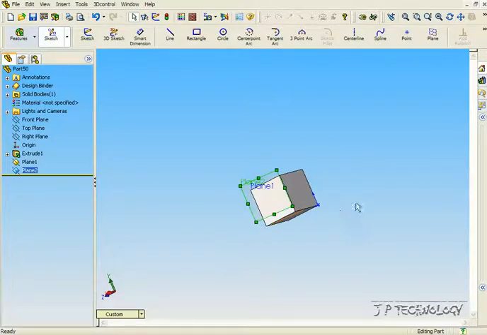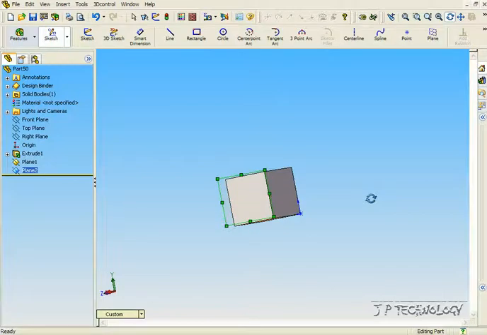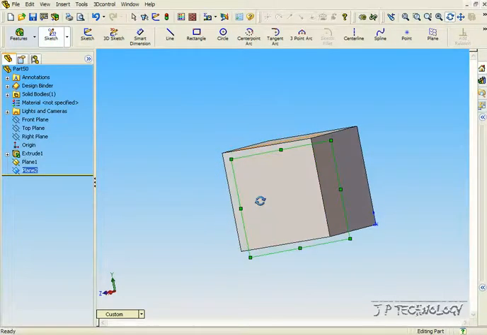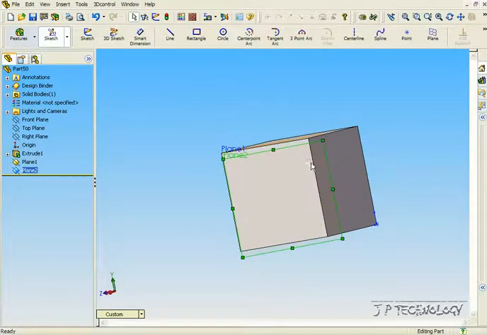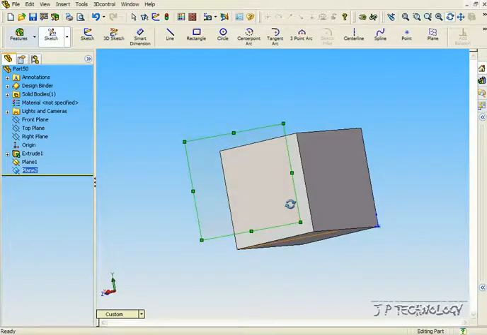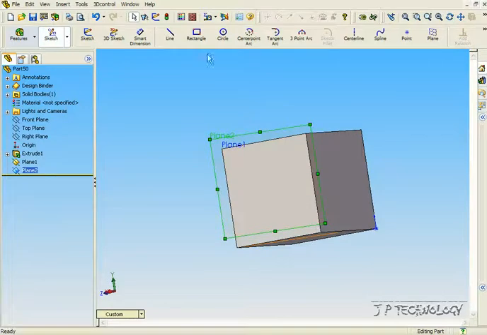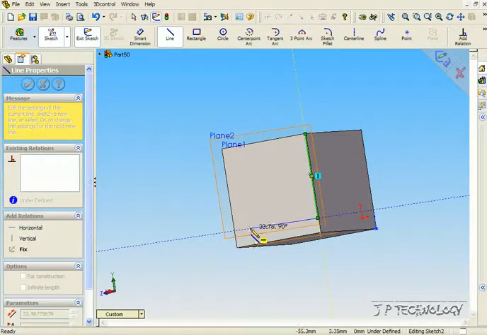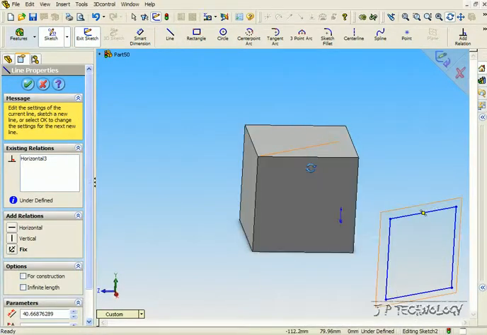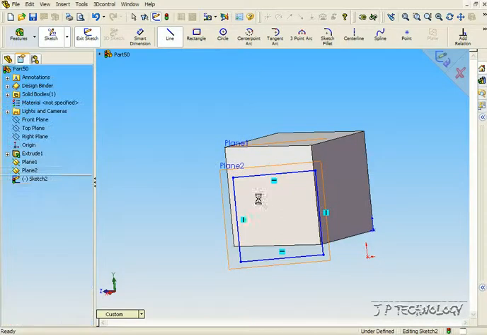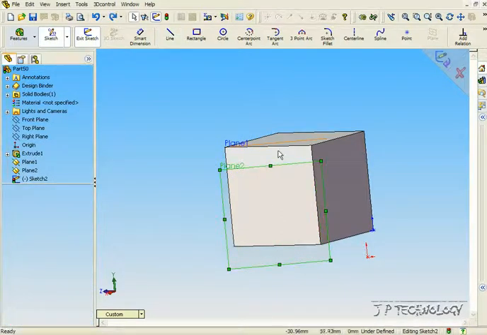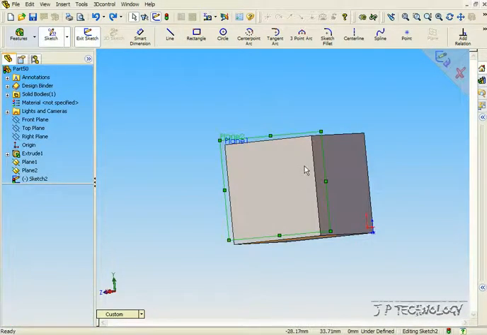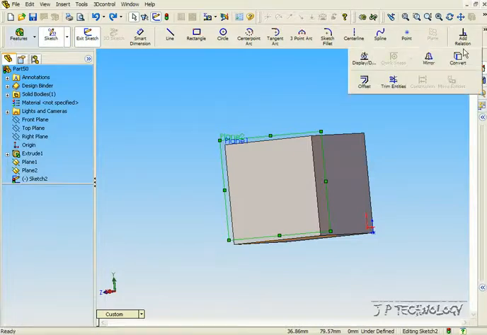Now let's say that we're sketching on this plane, and we want this whole profile of the square to be on here because we want to extrude or do something with it. Now, if we just tried to draw it ourselves, we're not drawing it precisely to what it should look like. So what we want to do is just extract those lines and those points and put them on our sketch. So if we click Convert,